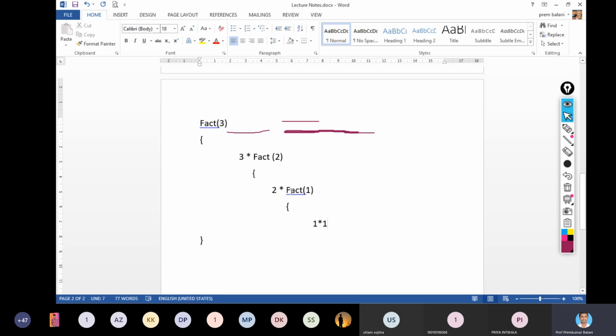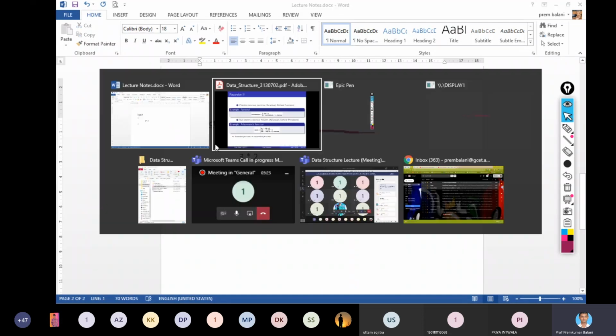Now this factorial of 1 is replaced with 1 into 1, that means 1. And this factorial of 2 equals 2 into 1, so it will be replaced by 2. And this factorial of 3 equals 3 into 2 equals 6, so 6 will be written.